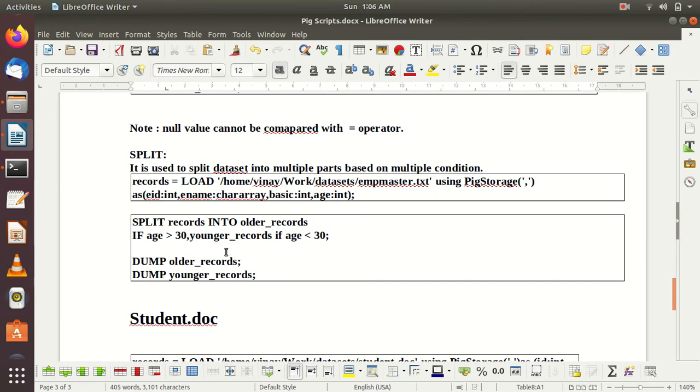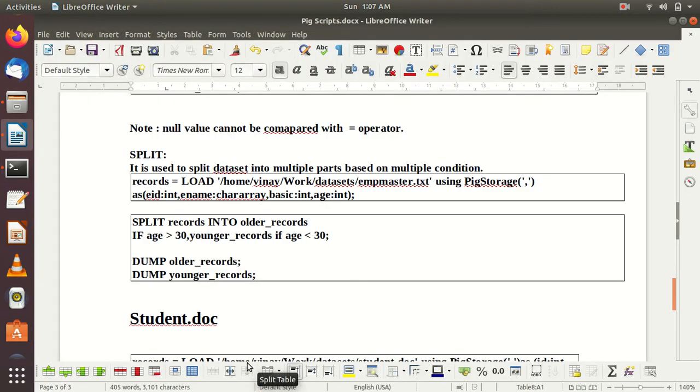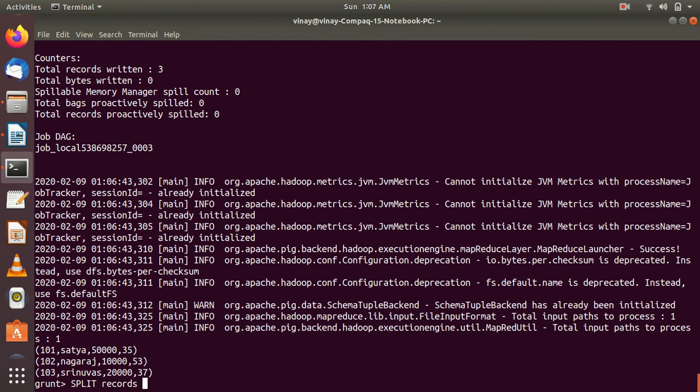Let's say we want to split this dataset into two parts. I want to get the records whose age is greater than 30, and I want to get the records whose age is less than 30. So we can use the split command. We can type split records into older records